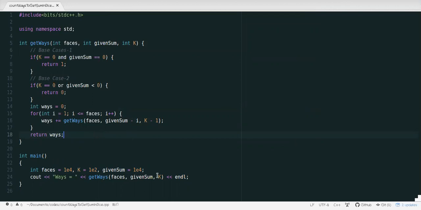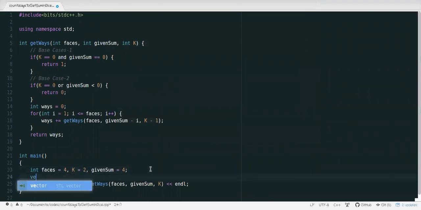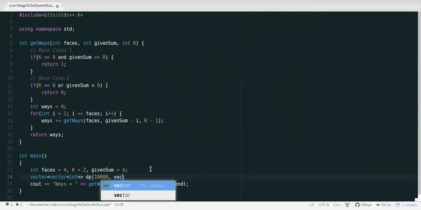So basically, for that, let's say we'll use dynamic programming right here. Let's say there are a total of 10 raised to 4, right? The size would be 10 raised to 4. Let's say this is the upper bound, right?